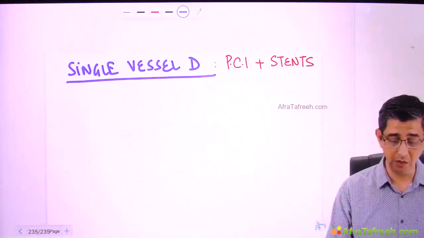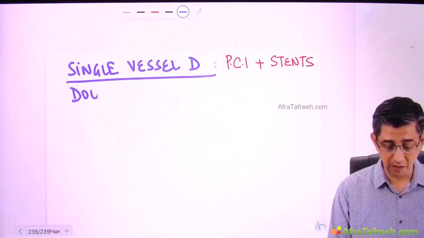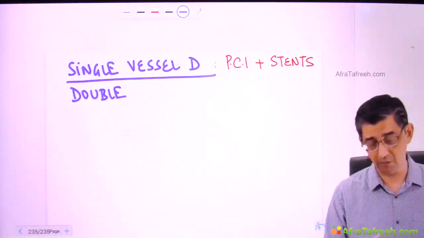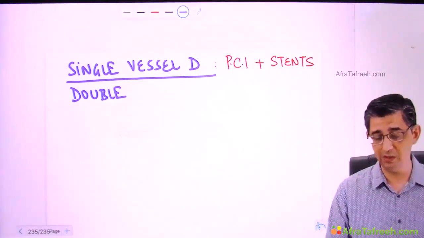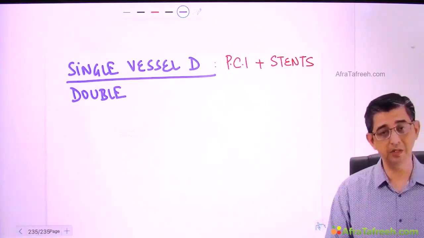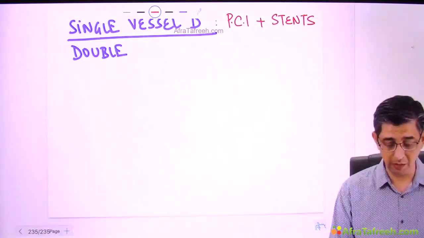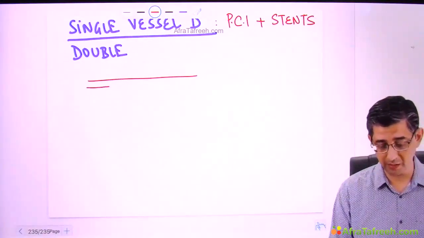Both in a myocardial ischemia single vessel disease as well as in double vessel disease, your primary answer is percutaneous coronary intervention. I'm going to explain the procedure in a few seconds, with stenting required for the person. Now, I want you to not note down any information at the moment. Just keep the pen aside and listen to the aspects that I say.